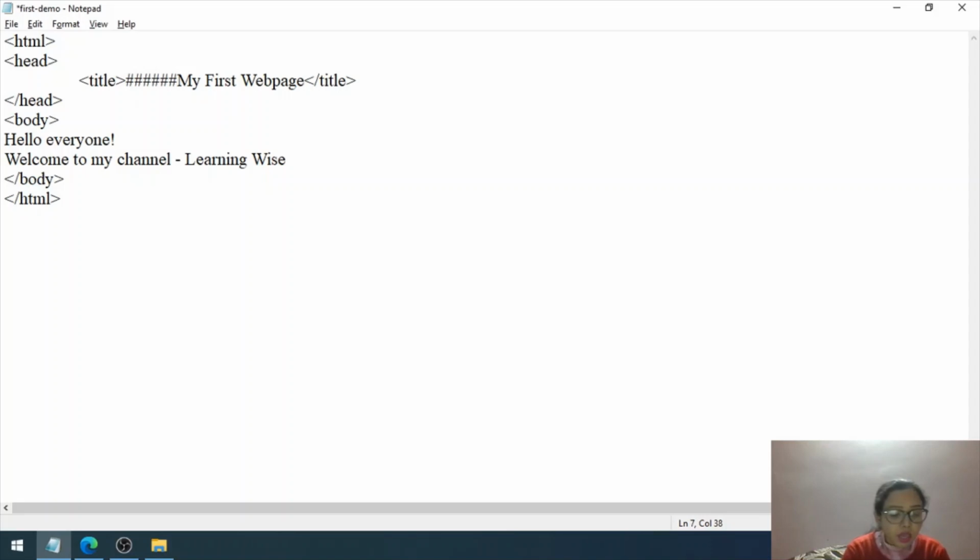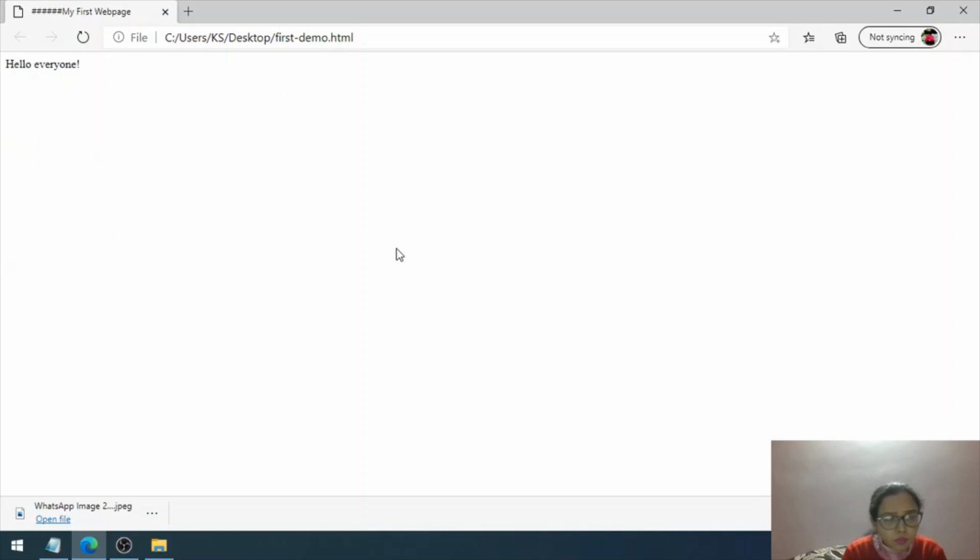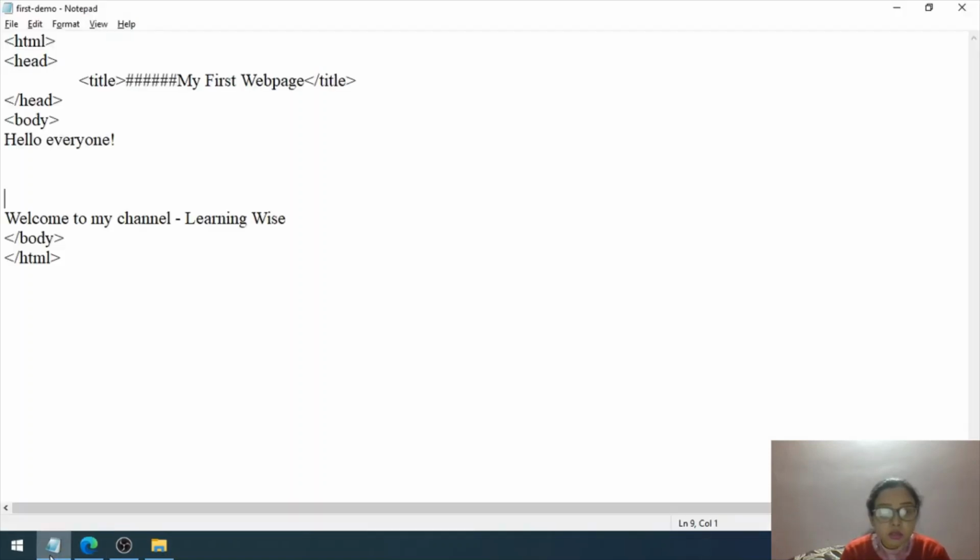When I save this, although I have used one enter key here, let me use more than one enter key to show you the effect. Let me go to my web page and use the refresh key, but you'll notice that everything is coming on one single line, the reason being I have not used the tag for the enter key.